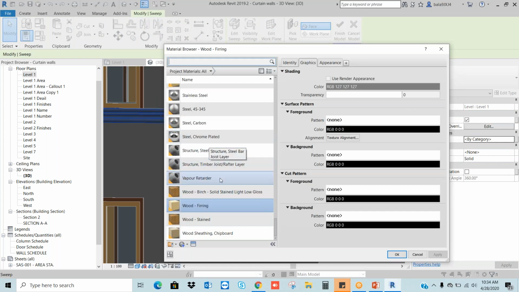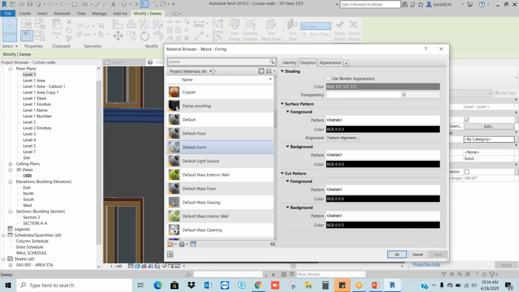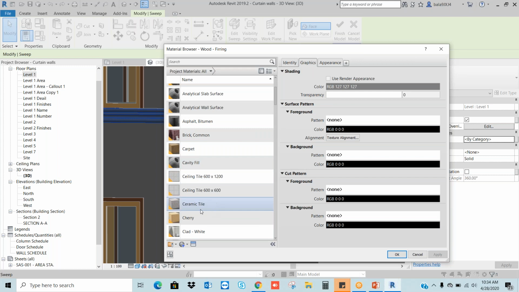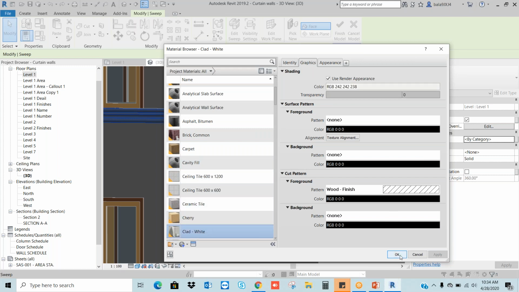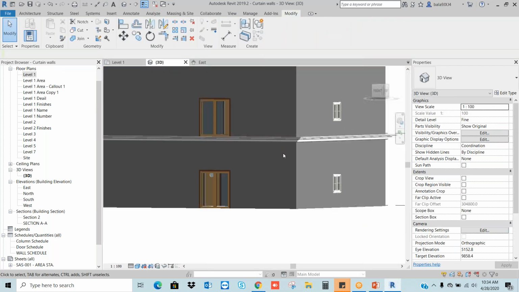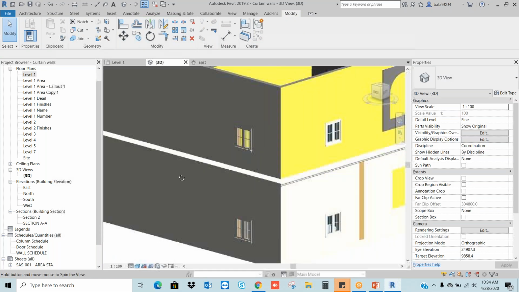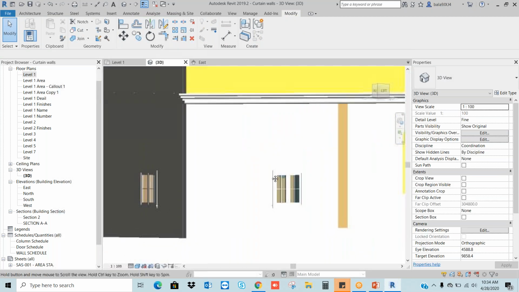Let's say this time I want to give a different one. Let's say ceramic clad white. Okay, got it.